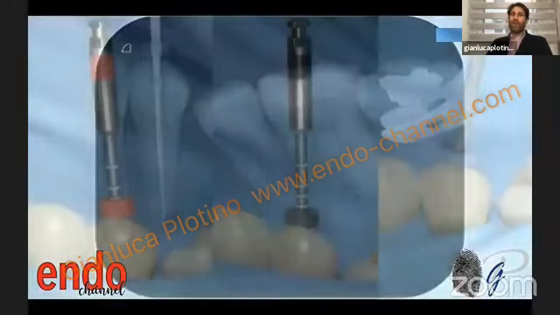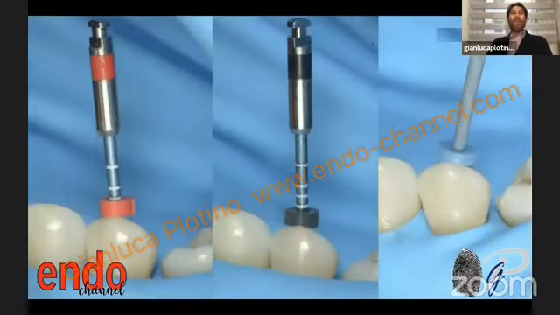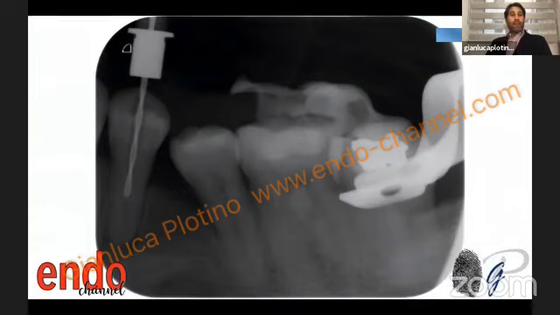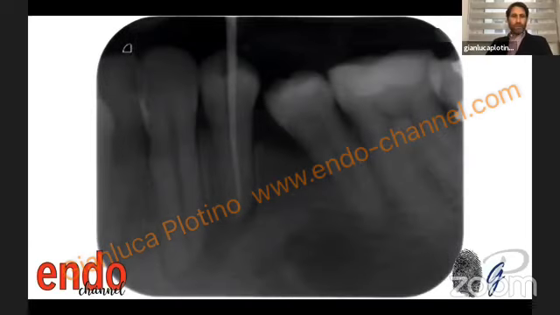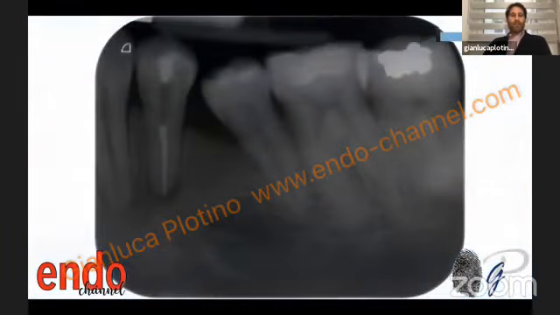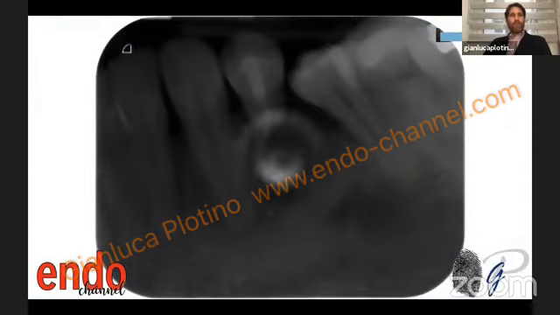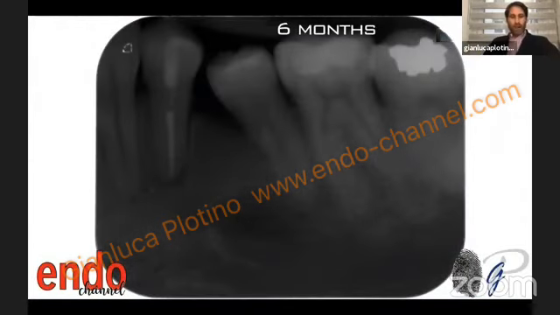But then I prepared, instrumented, cleaned, and filled the root canal, and this very small burr, as you can see at the end of the preparation, doesn't increase the diameter so much. And this is then the final X-rays and the 6 months radiographs of the healing. So this is a very nice possibility.